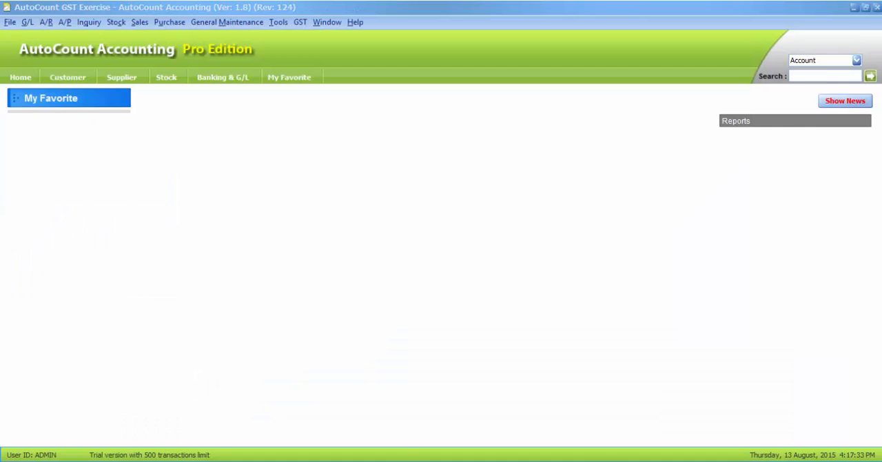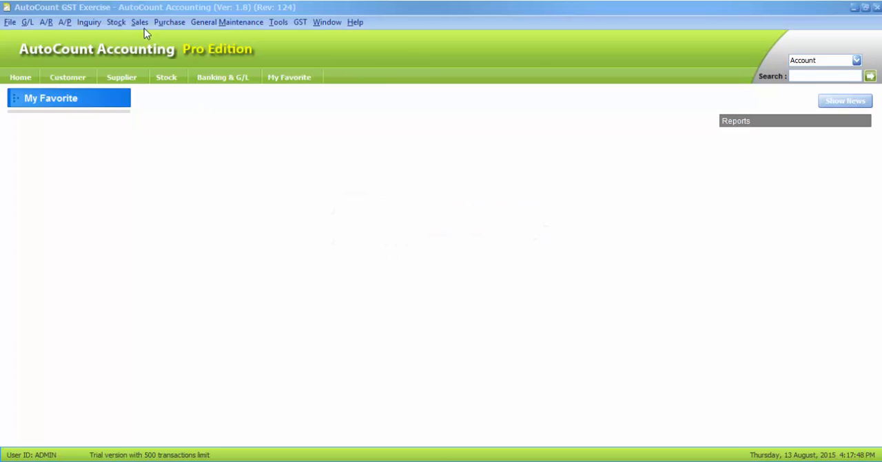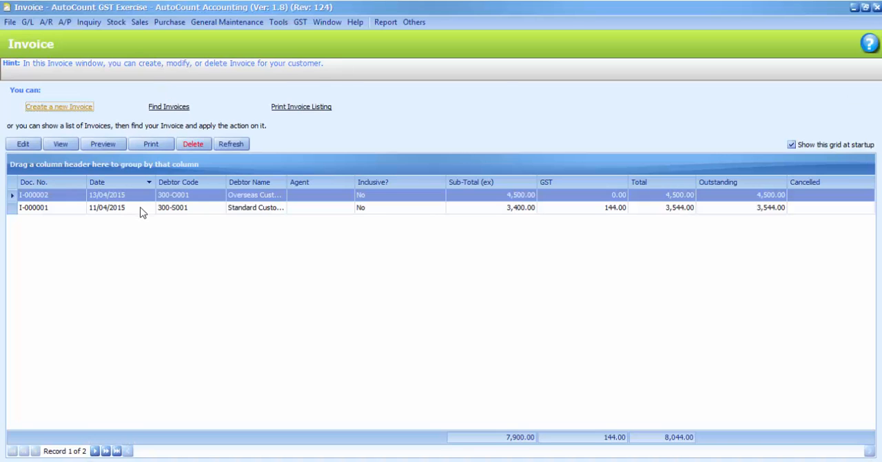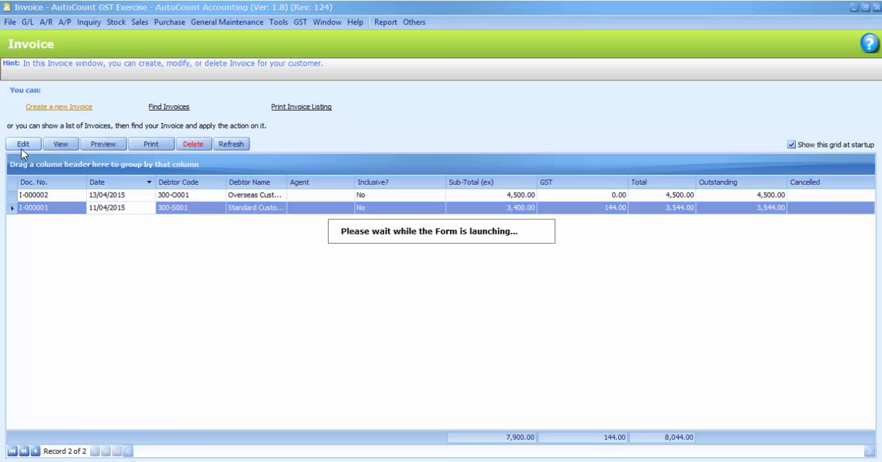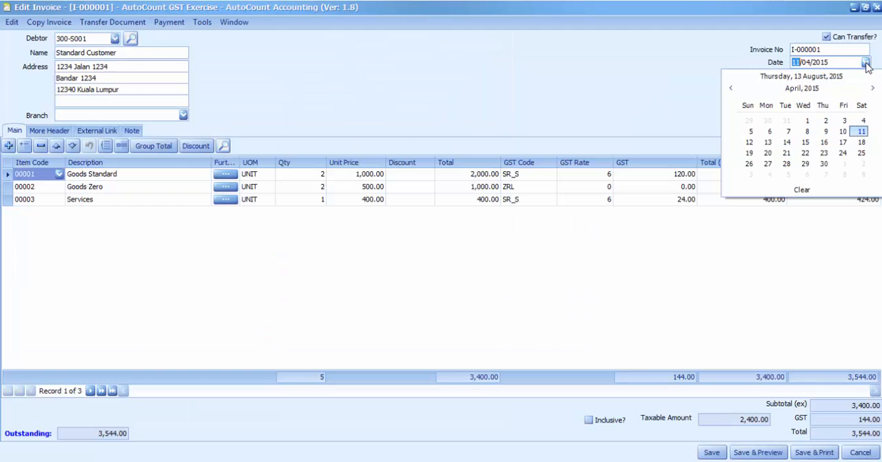Now let's do an example in order to see how Tax Transaction Change Management functions. We assume our GST is monthly submission. Now we want to do a modification for an April tax invoice which has already been submitted for GST. So we'll go to Sales, Invoice. We assume that we want to edit this invoice. Because the date is wrong, we'll change the date to 9th of April